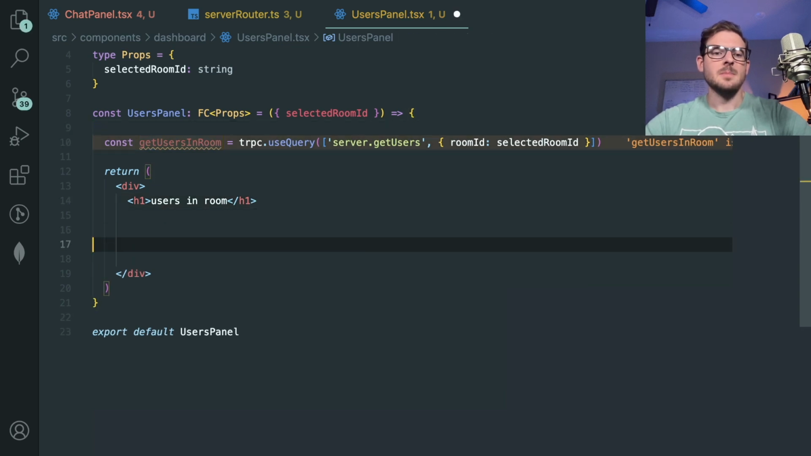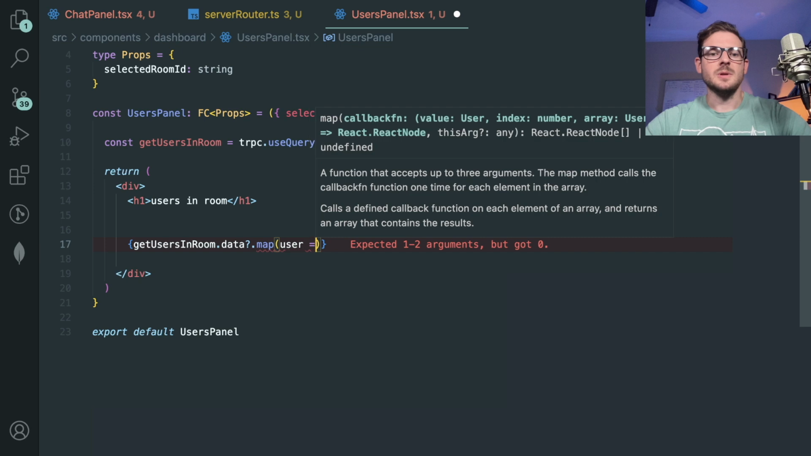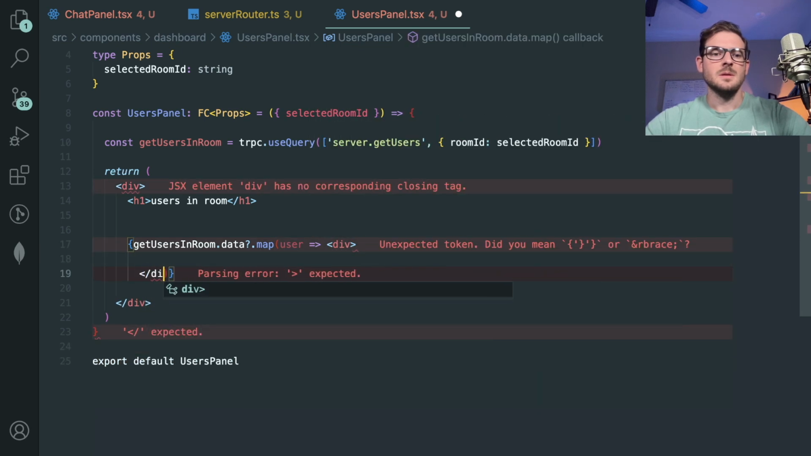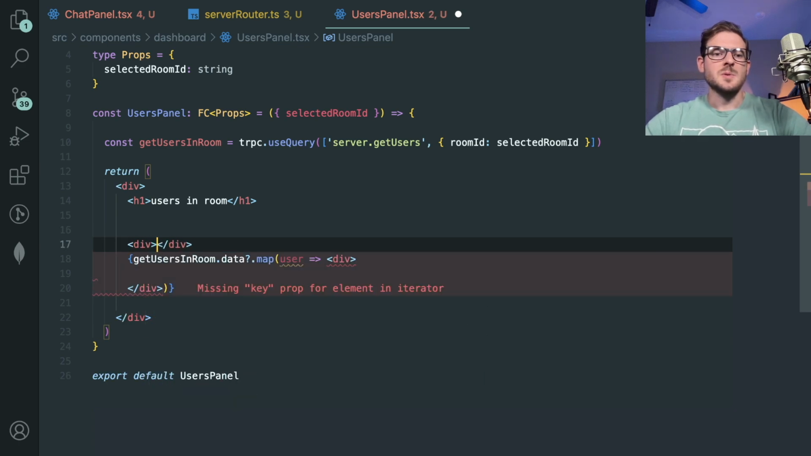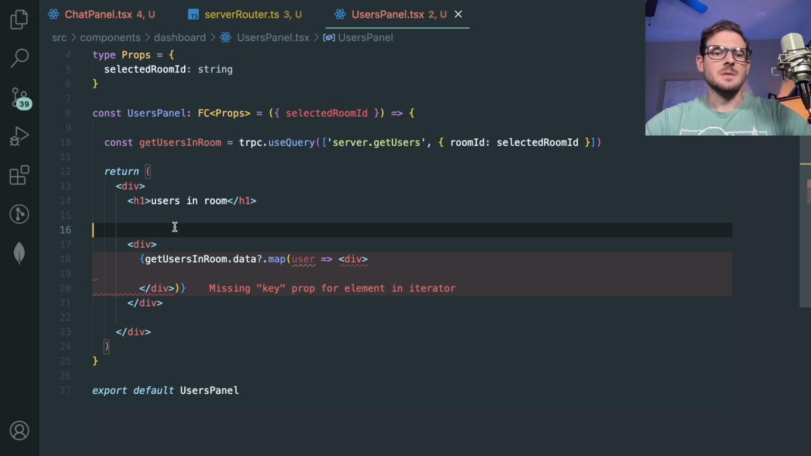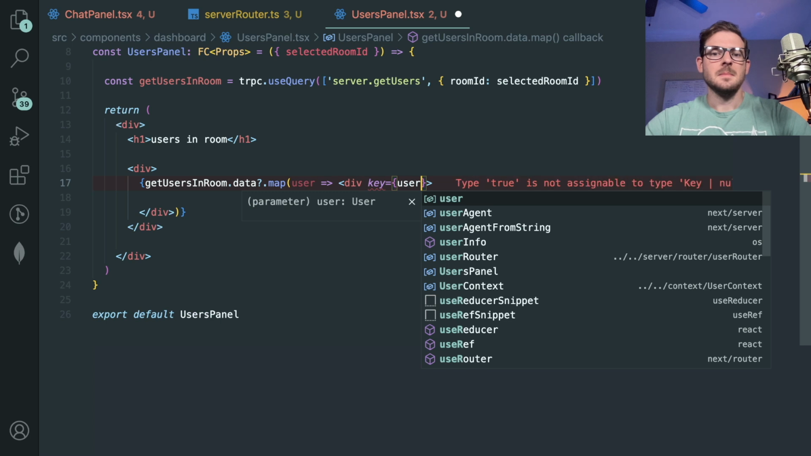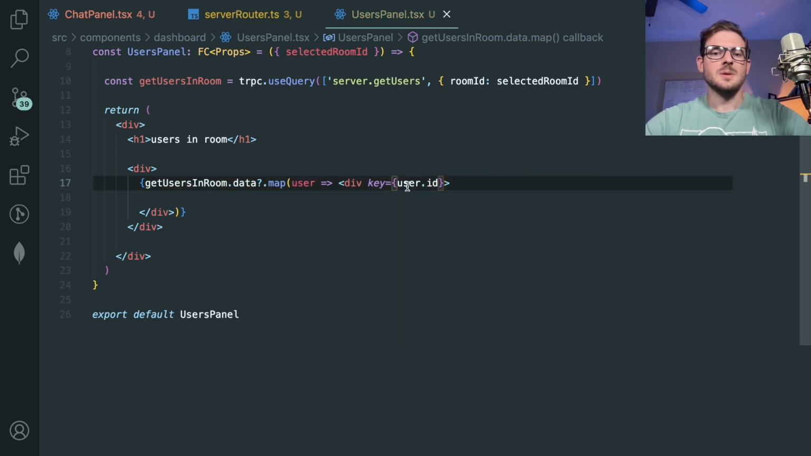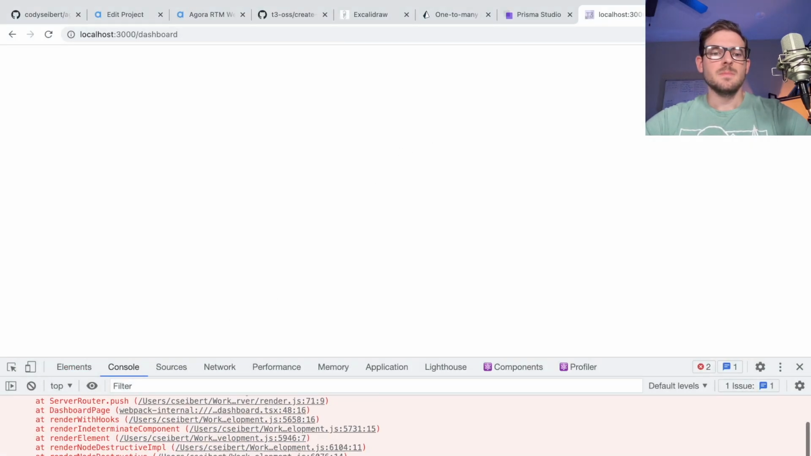And I'm going to go ahead and just map over that. So I'm going to say get users in room data map. And we want to get the user like this. Okay. And probably wrap this whole thing in a div because we're probably going to need to style it and do some flexbox stuff. But we want to basically keep track of the user ID. Like this, we have the TypeScript that already tells us this is a user object from Prisma. And let's just print out the user.name like this. All right, so going back to the app,